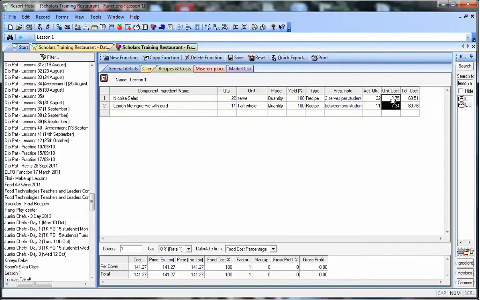So those are your costs for each serve, or tart in that case, and these are the total costs. The amount of this lesson is going to cost us $14 per student, $140 in total. This is one of the key benefits of having a resort, is we can get these accurate costings of what should be the costs. So at this point we can click on the market list